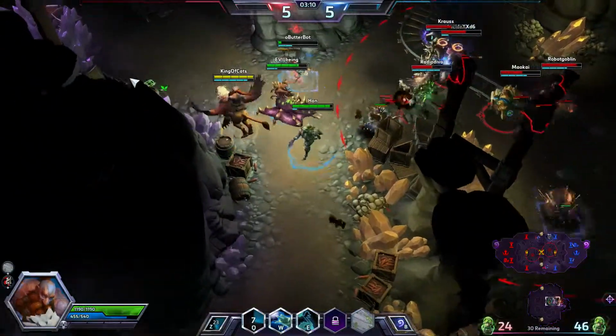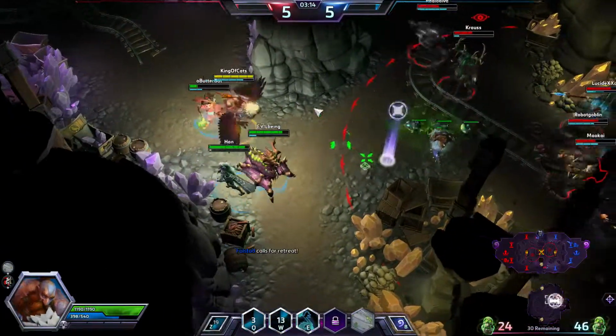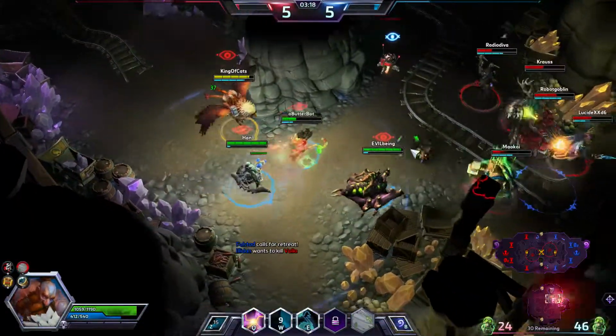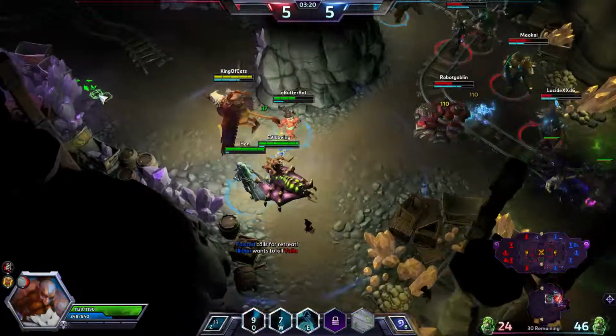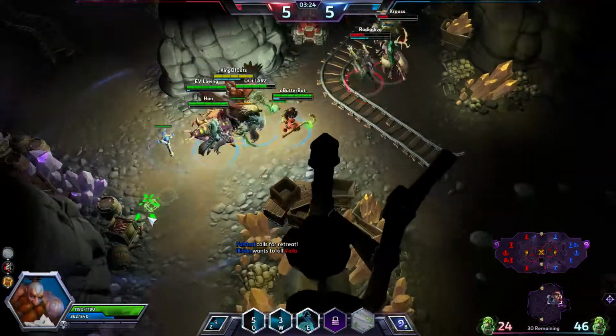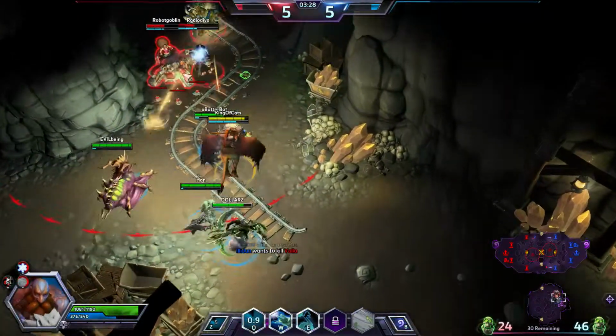Throw our Hammerang out there to poke a little bit, but it looks like we're going to be pushed back, so I'm going to go ahead and give our teammates the retreat signal. Hopefully they listen. It doesn't look like they are listening. Throw out the Hammerang there again. Get another nail on Captain Hammer. We have all of them really low. So if we are able to